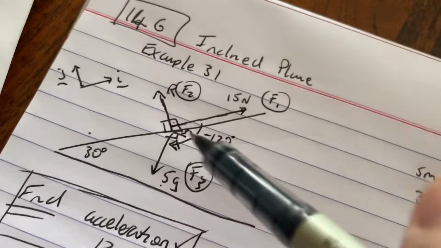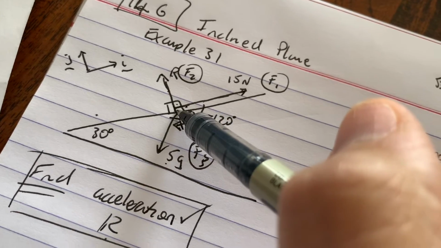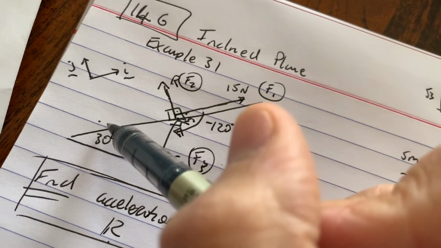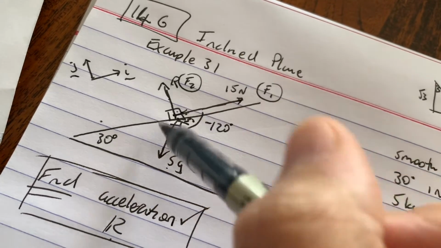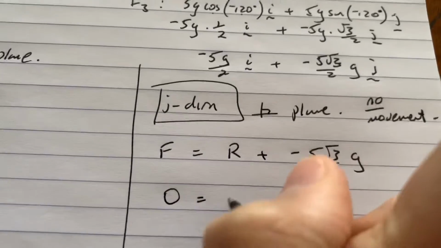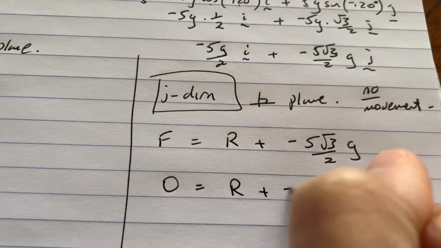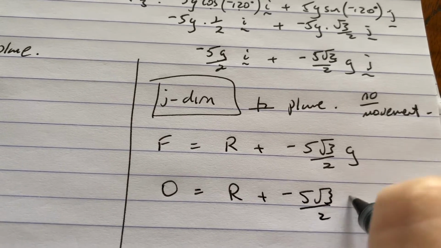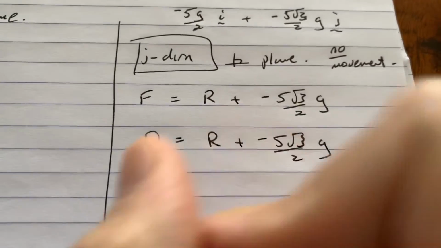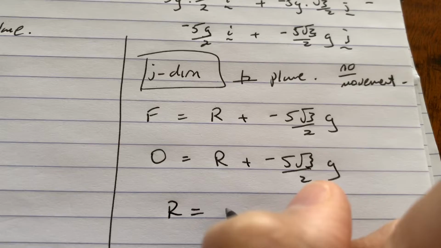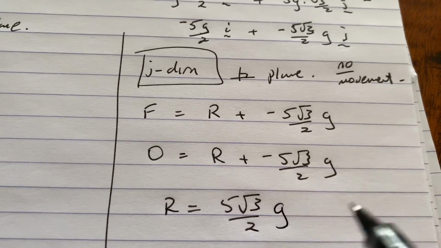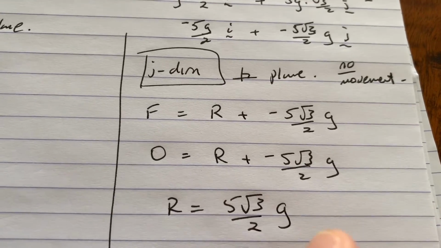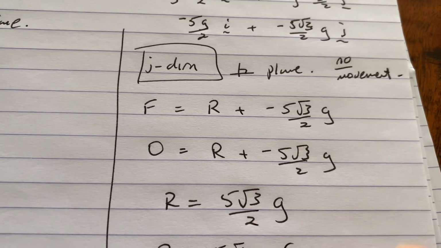So if you think of your mass sitting here on the plane, it's moving down the plane, but there's no movement this way. There's no J movement. So that means this is equal to 0. So if we just rearrange, take one to the other side, R equals 5 root 3 on 2 g, 5 root 3 on 2 times 9.8,